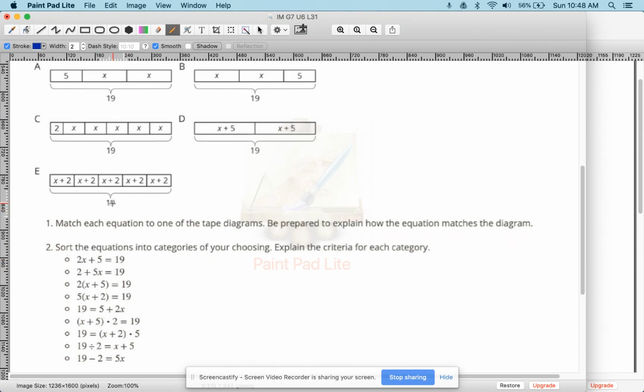Well, here we have 19, but we have 1, 2, 3, 4, 5 sets. So 5 sets of x plus 2, so that's not 2 sets of x, so that's not going to work. We need something with 2 sets of x, which looks like it might be A or B. So let's look at what we have here. Here we have x plus 5. So over here in A, we have really 5